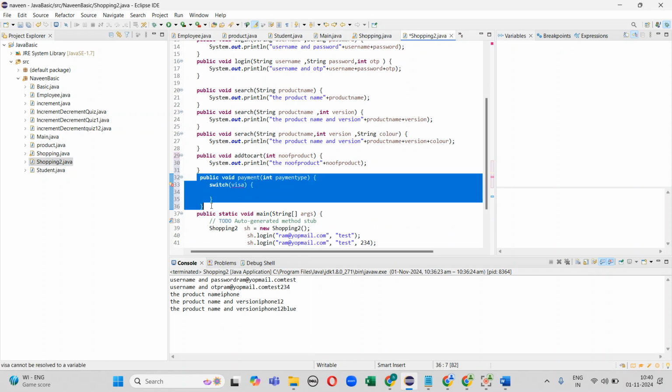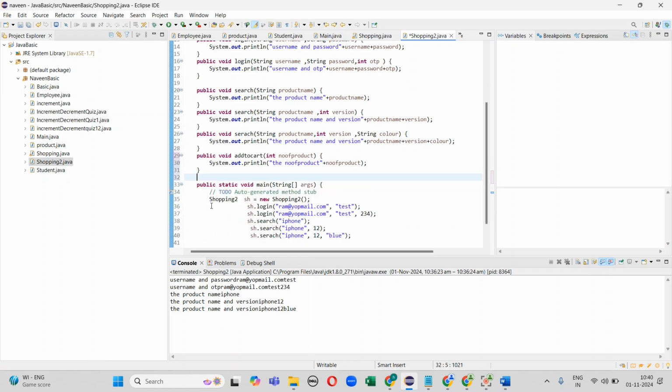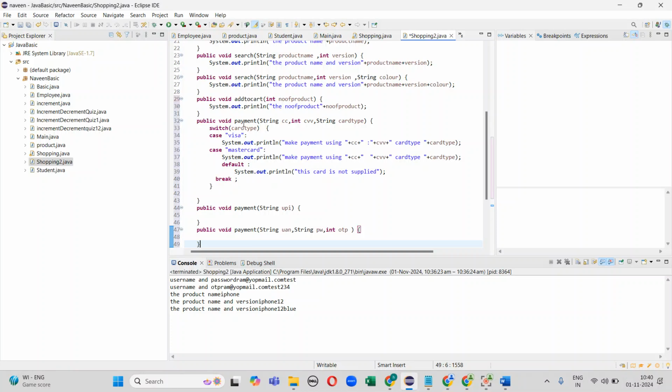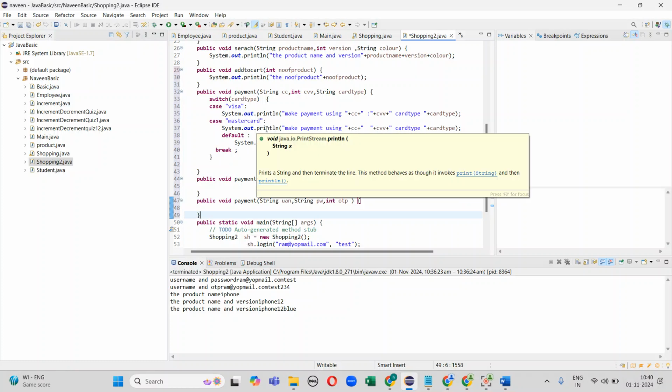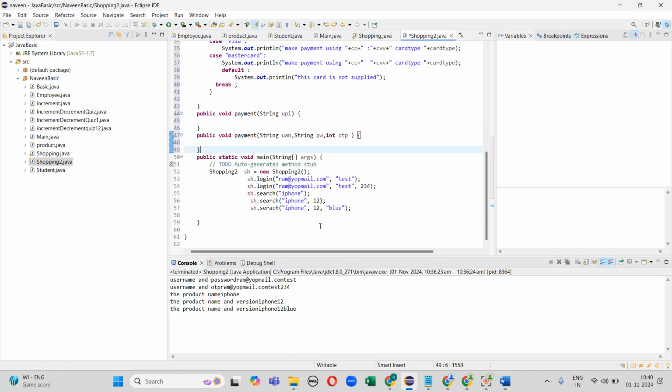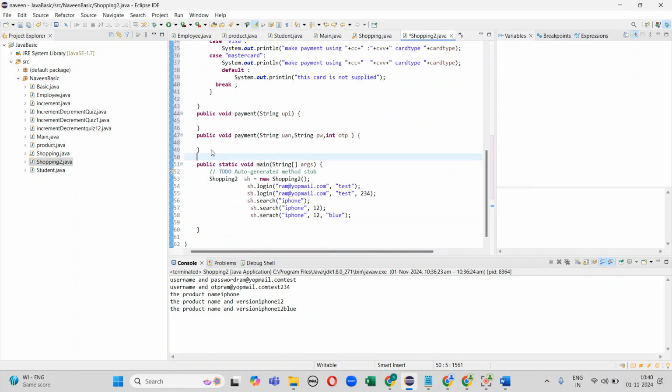So here you can see the method name is the same, the same method payment, but how you are typing the payment differs. If you are going for UPI mode, in this way I'm writing the code. And another one I'm going to write down is